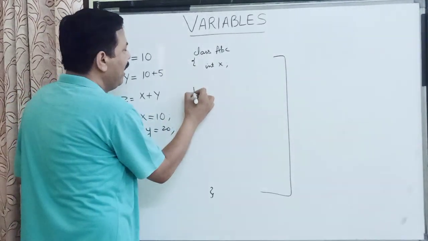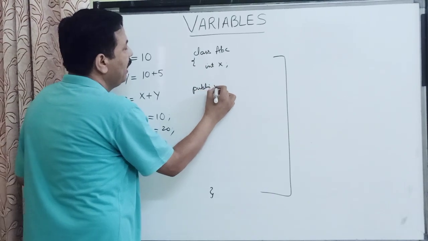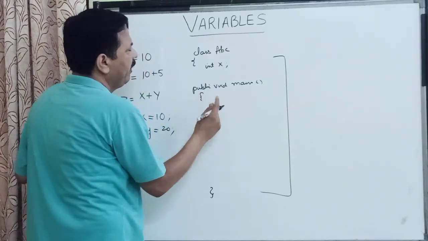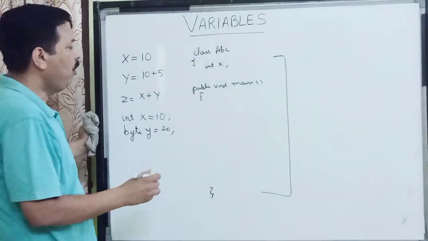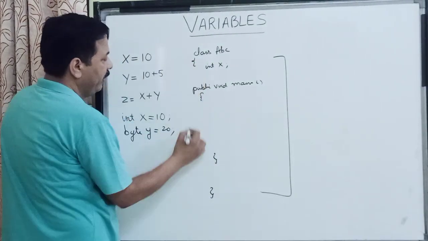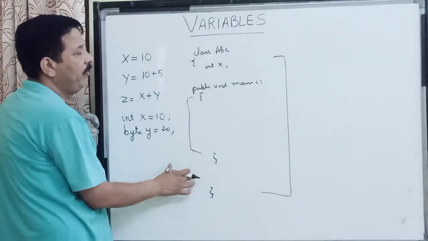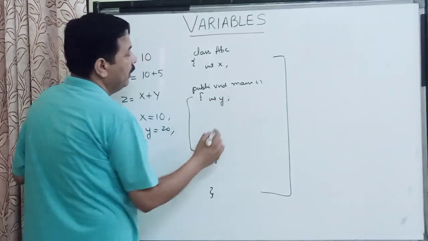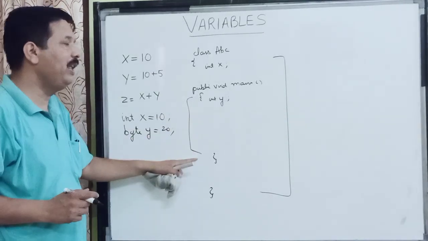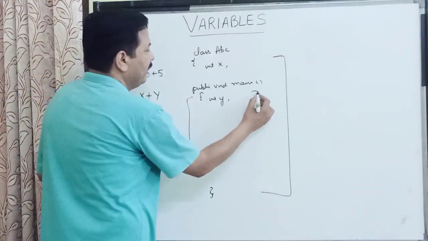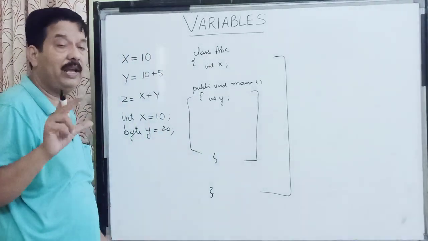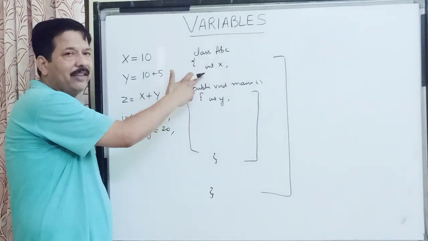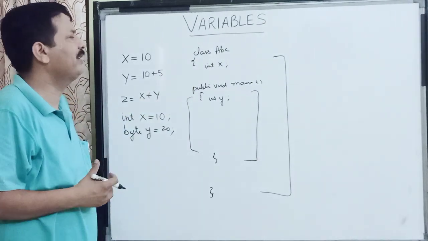Now children, within a class, we'll be learning that we'll be making some methods. Like here, I am making a method. A method is a sub-program within a class. So when I write a method, this is the entire class and this is a method. This is the scope of a method. Now children, if I declare a variable in a method, this variable is only available to me within this method. So the scope of this variable is only the method. So this is called a method variable, and this is called a class variable. We are going to learn more about these class variables.